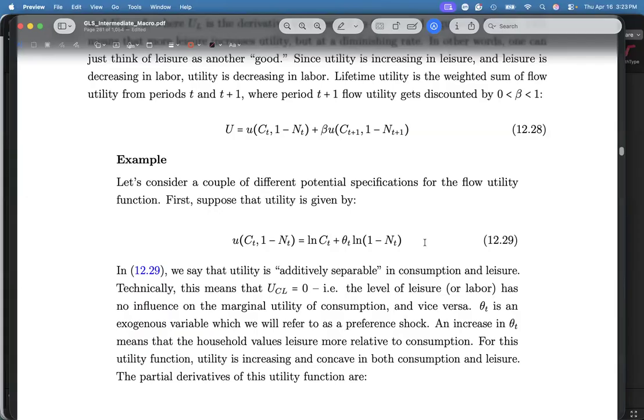What do we need? Okay. Let's think about this term here. ln(1 minus n). If your n, what's your n again? What does n stand for? What is n? Sir, time consumed in work po. Time consumed in work. So if your n here goes up, what happens to 1 minus n? 1 minus n decreases po, sir. Correct. 1 minus n decreases.